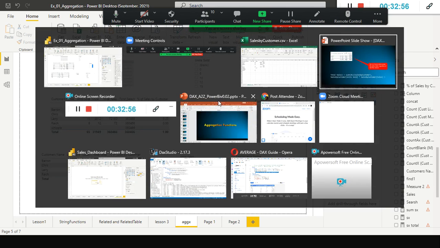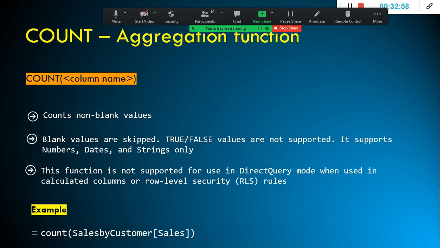Next we will proceed with the COUNT function. Many count functions are available. COUNT counts non-blank values. Blank values are skipped, and true or false values are not supported. It supports numbers, dates and strings only.